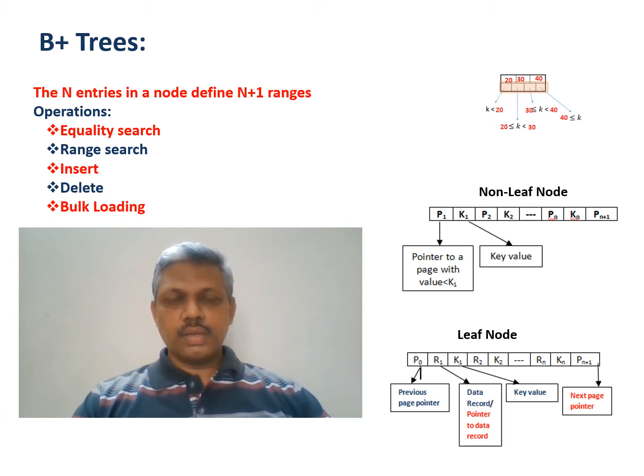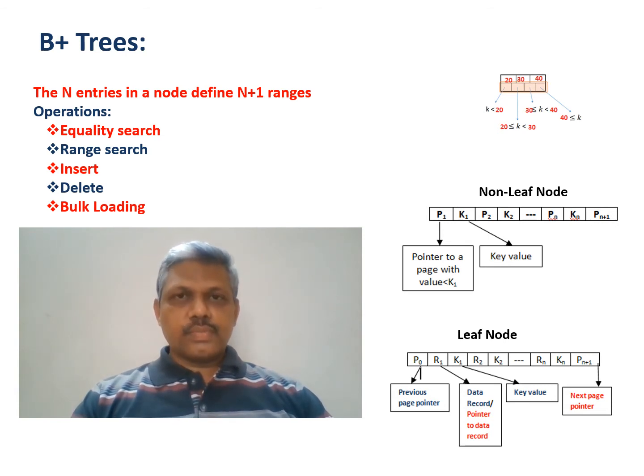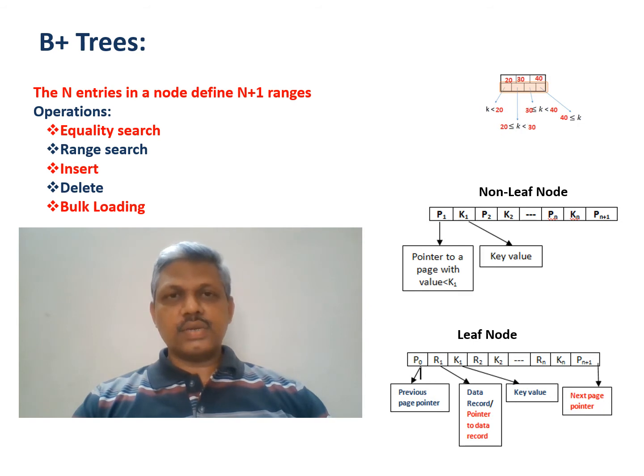One is below, and in the lower one it's the left side. So we can follow any one of them. Here the pointer which is below 20 should point to a child node whose key values should be strictly less than 20. And the second pointer, which is in between 20 and 30, should point to a node where the key values lie between 20 and 30, inclusive of 20, and strictly less than 30. And another pointer between 30 and 40, 30 less than or equal to k less than